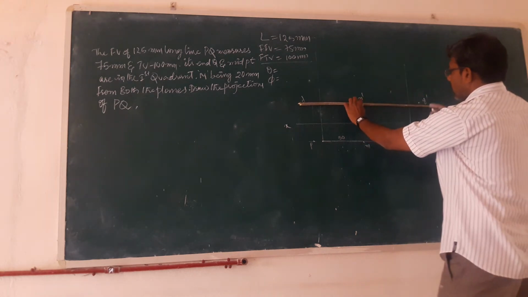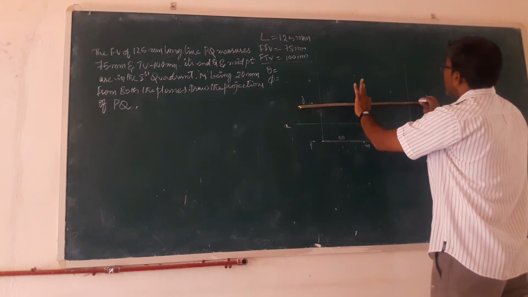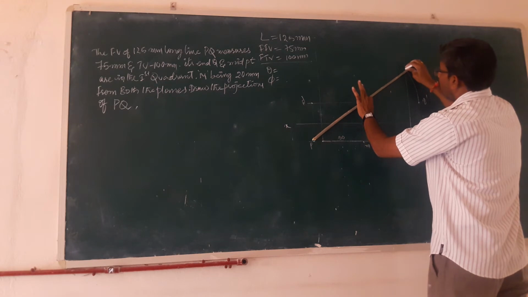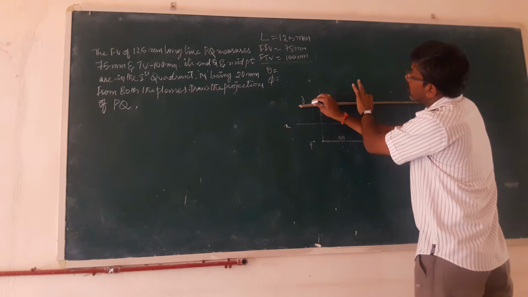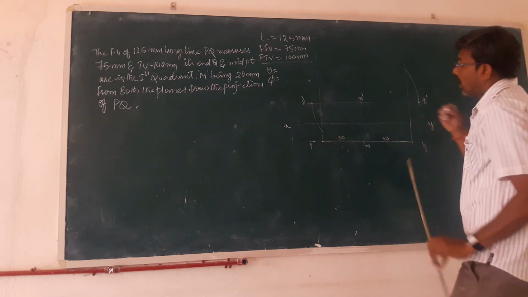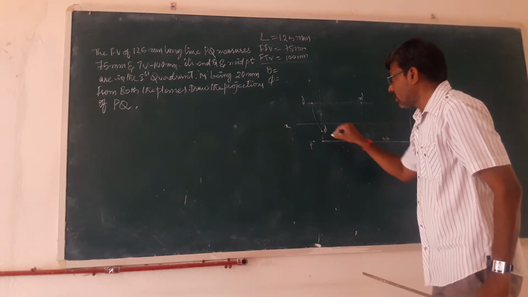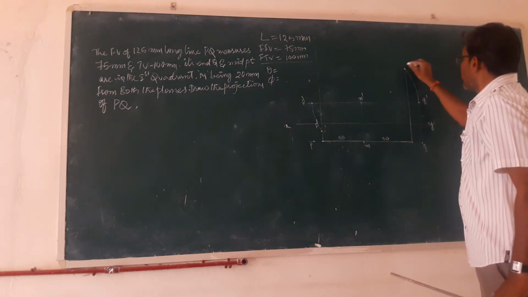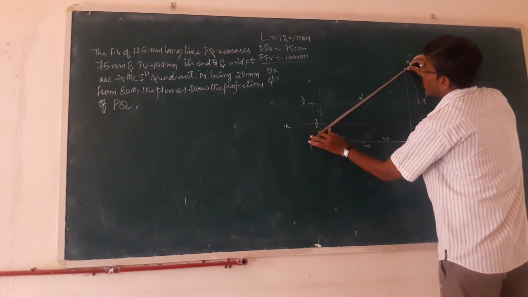Now whatever the length of the line is, I will put the same length here. I will make it inclined. So I will fix this point. Okay, see here, I am rotating here. In the same way, I will put this point here, P dash. I am fixing it and I am rotating. Okay, now I got a point. This is shifted here. This is P dash, and here this point is Q dash. So now I will join these two.